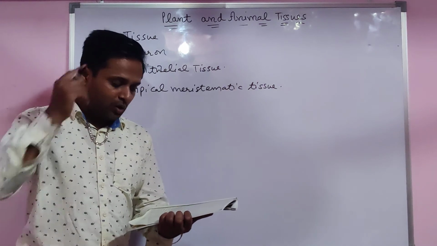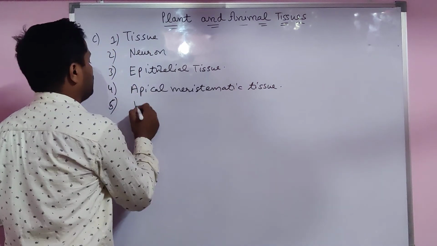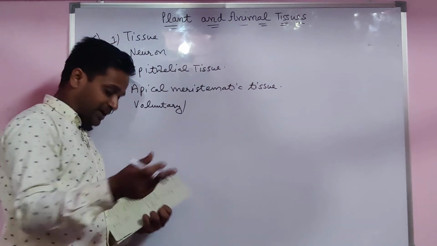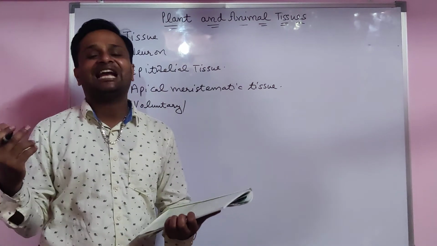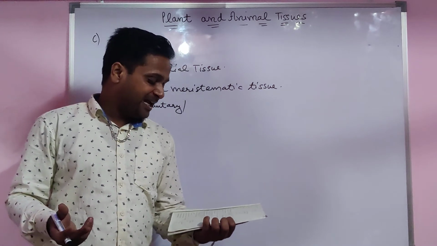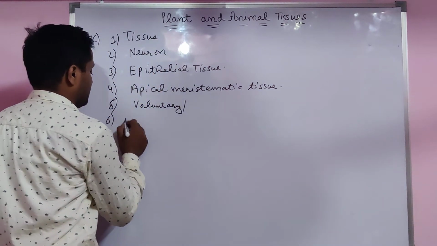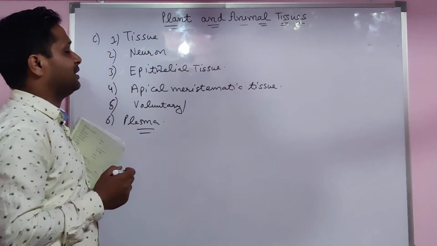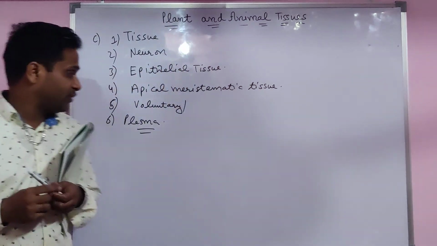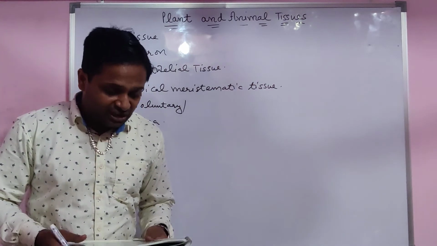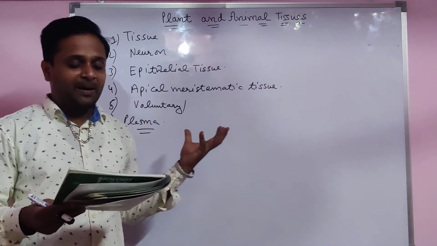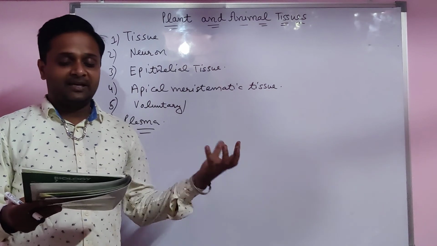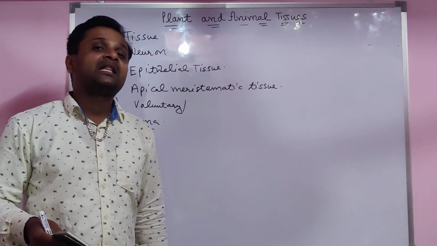Fifth one. Muscles working at will: that is the voluntary muscle only. Maybe striated, their second name, the skeletal muscle. Matrix of the blood is plasma. This one, students, is the C part, one word. Firstly we did choose the correct one, then filling the blanks, and this one the one word. Thank you, students.